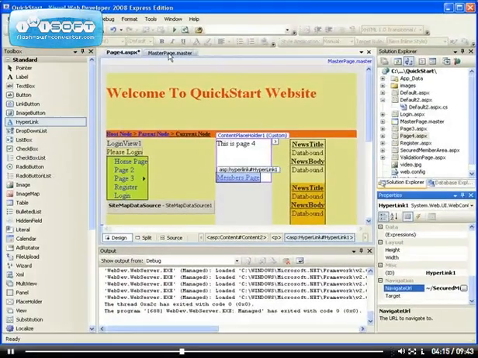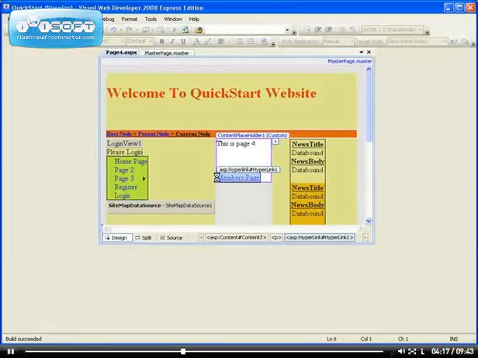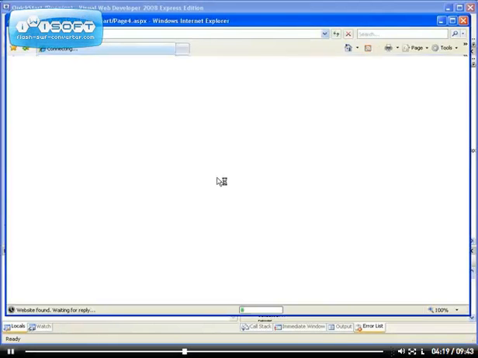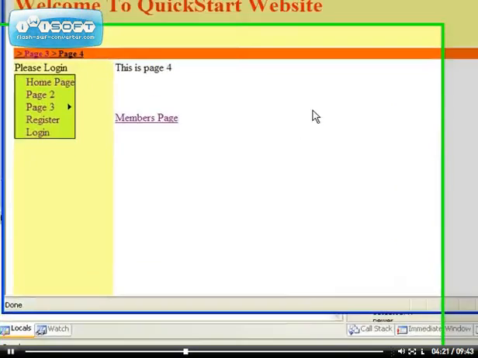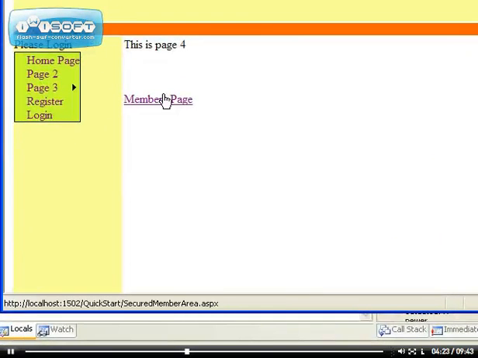Okay, so now if we view this, we can see the hierarchy of where we are. So now we're on page 4 here. If I click on that now,